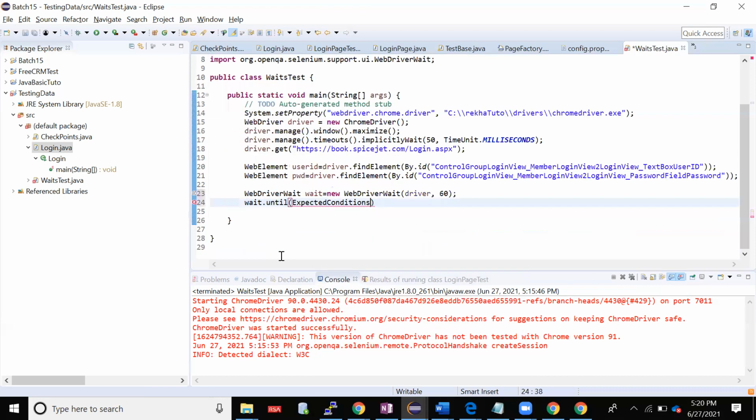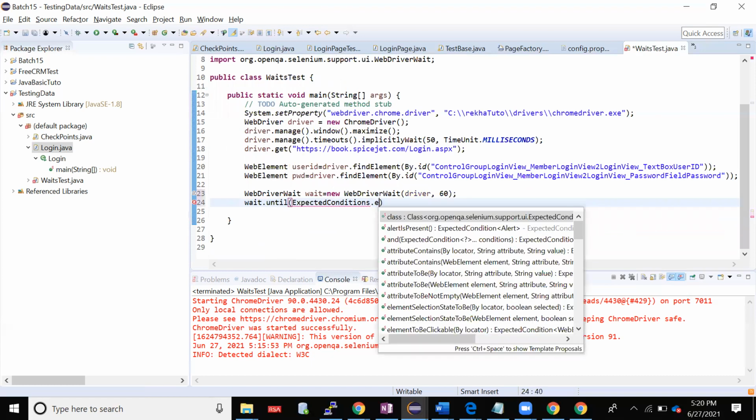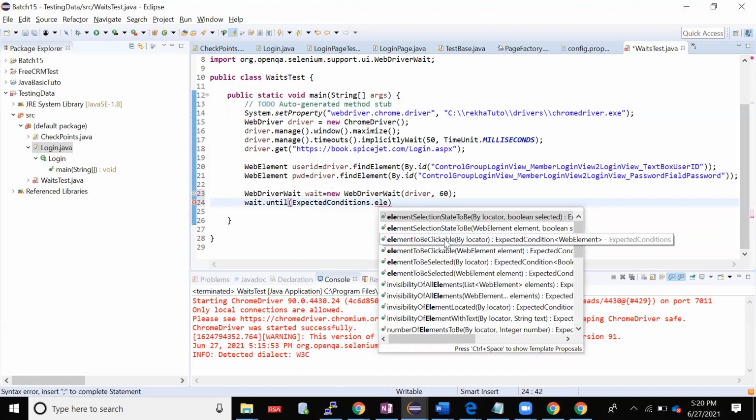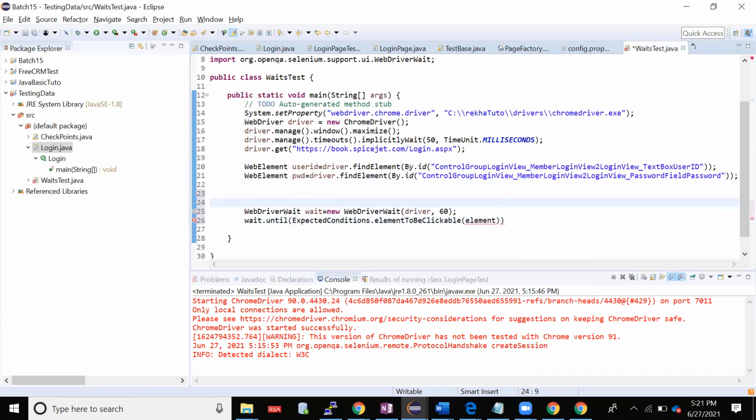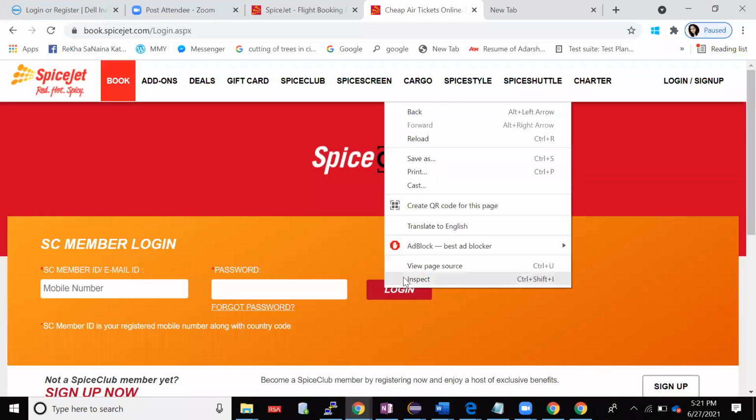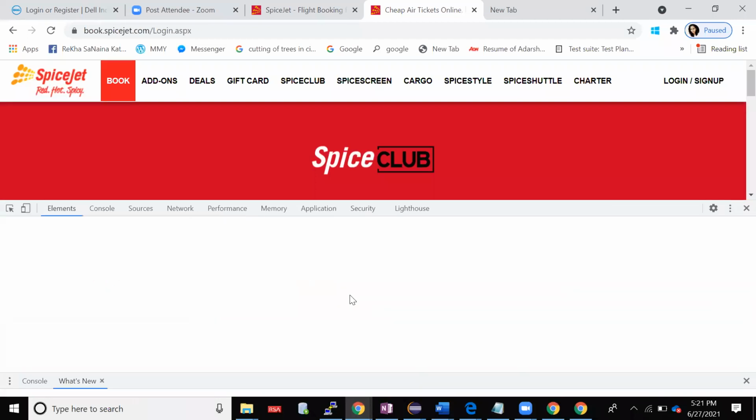These things you need to import, the ExpectedConditions class, dot element to be clickable, right? Element to be clickable by web element. I need to give the element. Which was my element? My element was my submit button, right? So I need to find that element because I was targeting this element for the explicit wait.